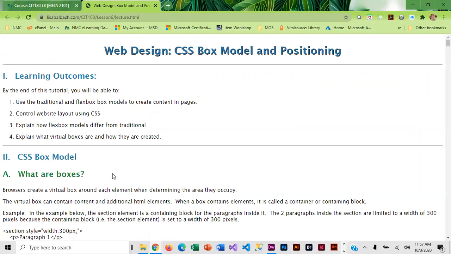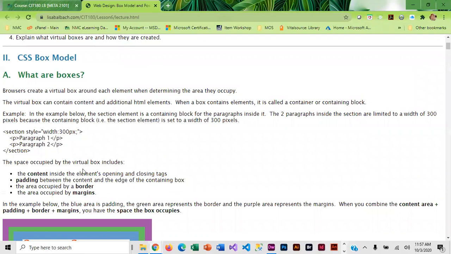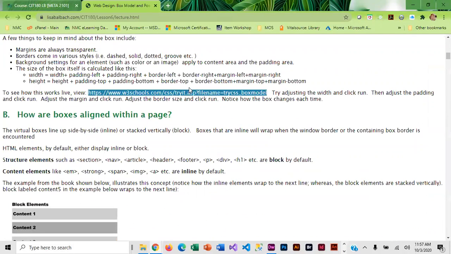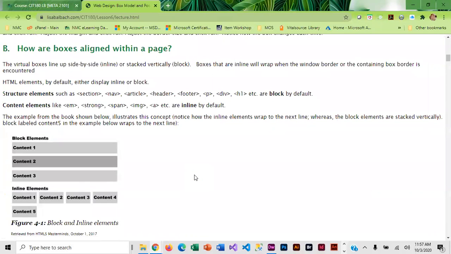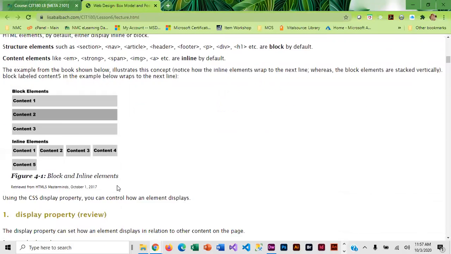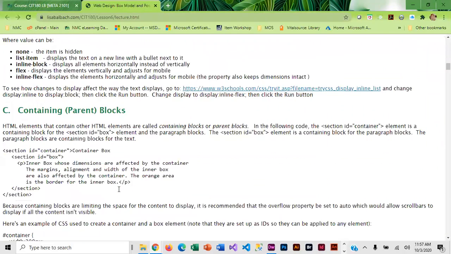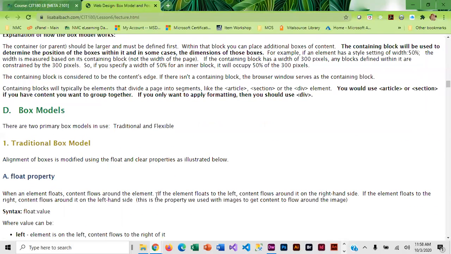And the lecture demo is going to explain things in more detail, basically telling you what a box is, and what is included if you're trying to determine how much space a box occupies. There are links to the interactive exercises, which I think are useful, how the boxes are aligned on a page, and some CSS properties in addition to HTML. This is primarily CSS